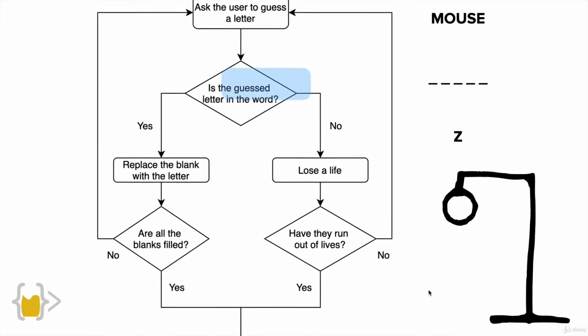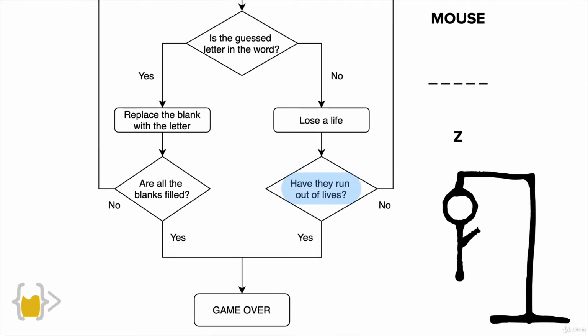Now, if at the stage where they've exhausted all of their lives and the hangman figure is complete, well then it's the end of the game and they've basically just lost, without having guessed all of the letters in the word. So this is the logic, and you might need to come back to this video a few times if you get stuck along the way, just to review how the program flows, but it might also be worth creating your own flowchart